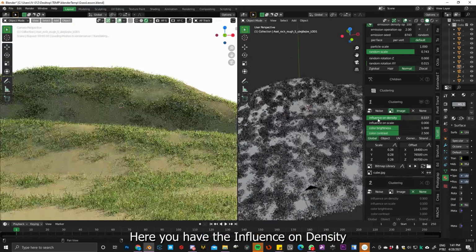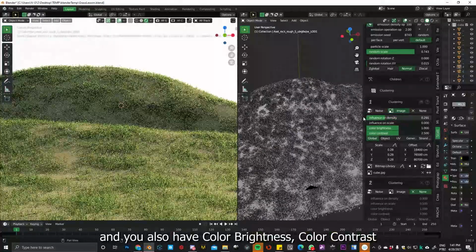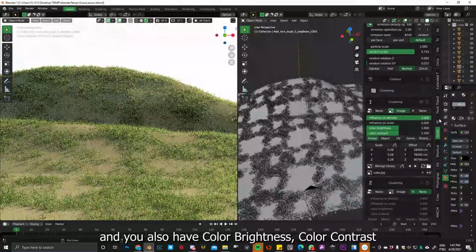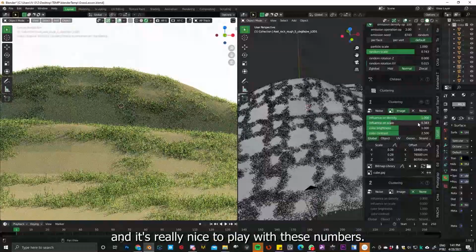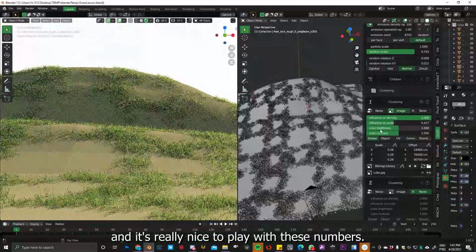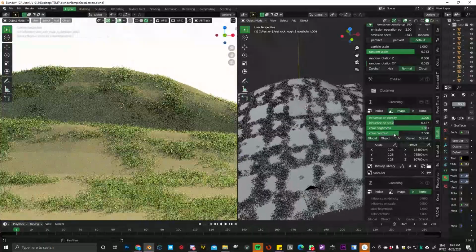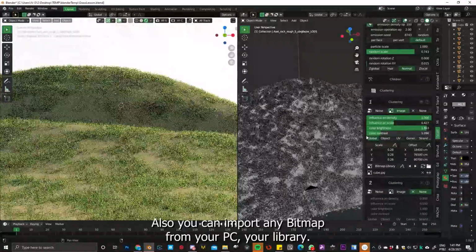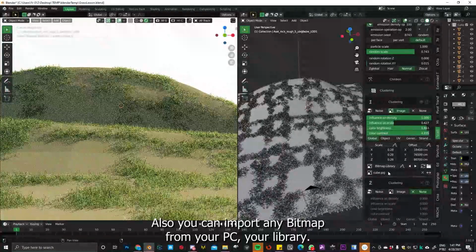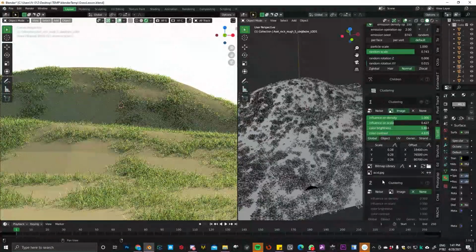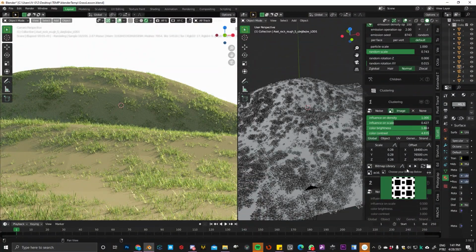So here we have the influence on density, and also we have color brightness and color contrast, and it's really nice to play with these numbers, so you can have different results. Also, you can import any bitmap from your PC, your library. Okay, so yeah, try it. It's very fun.